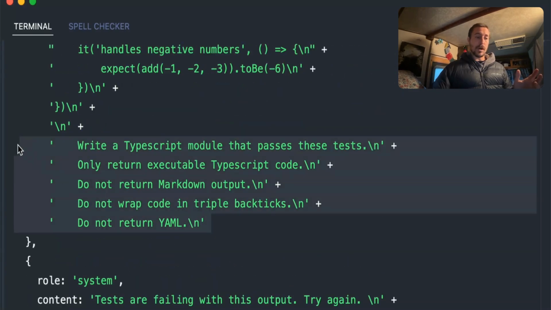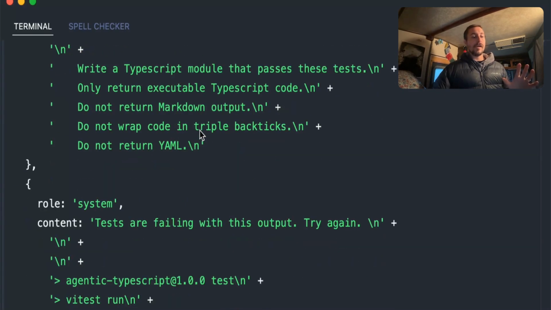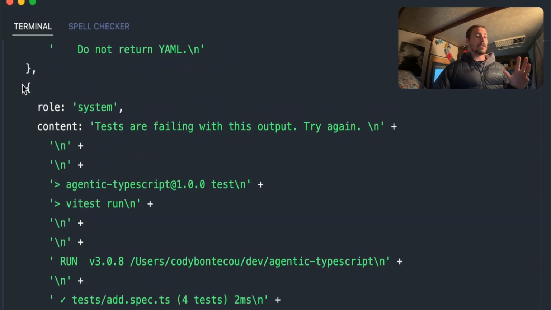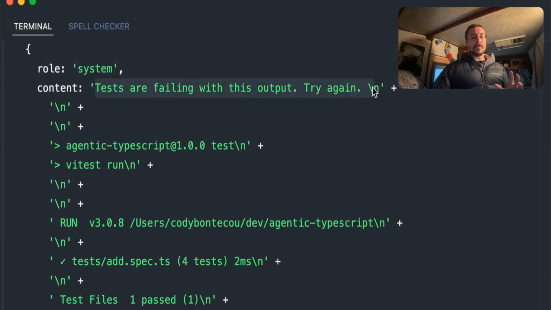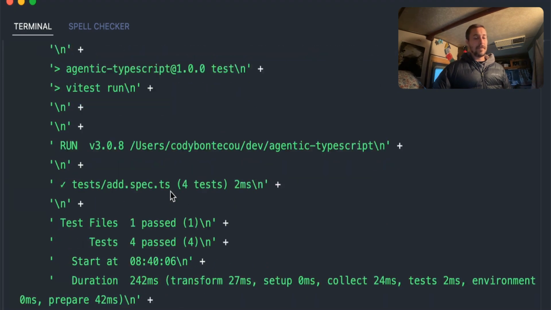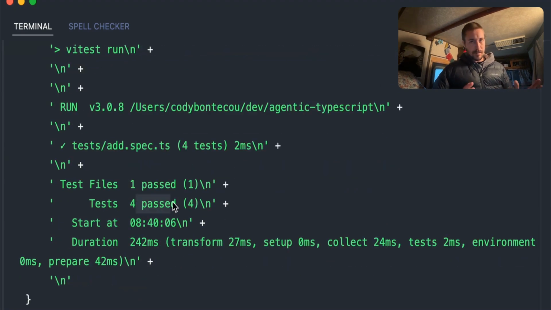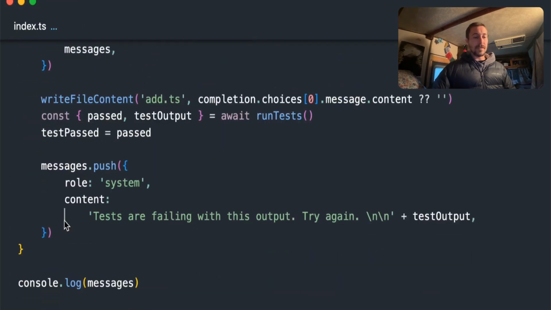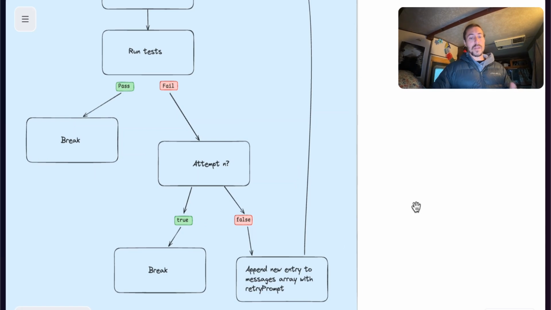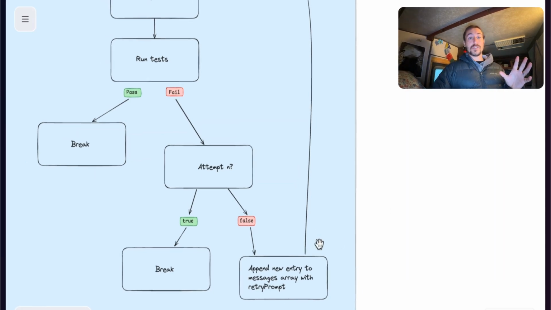Then we have our base prompt that we add onto it. And then we're actually adjusting. This is the test output. And we're saying tests are failing with this output, try again. In this case, our tests aren't failing, but we've already broken out of the loop, so it's fine.